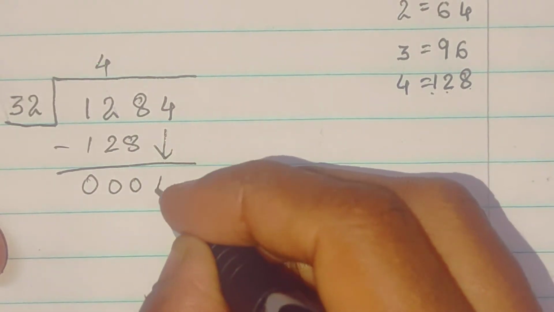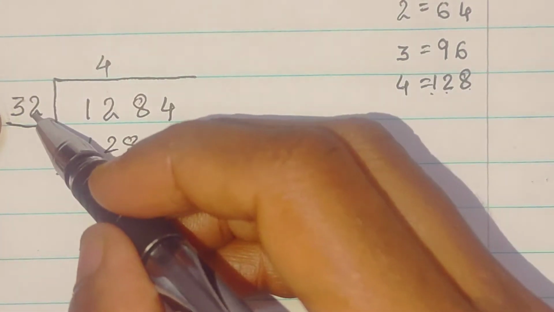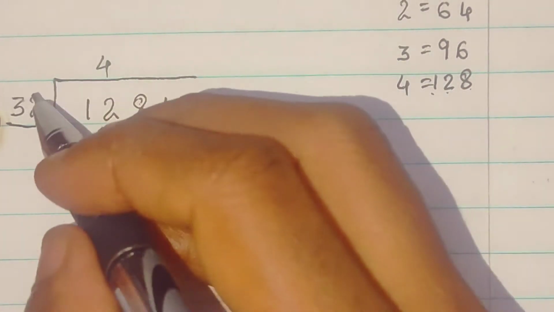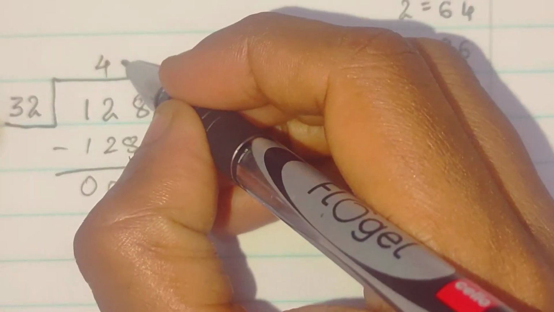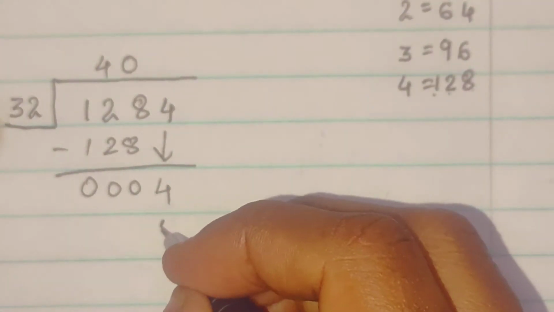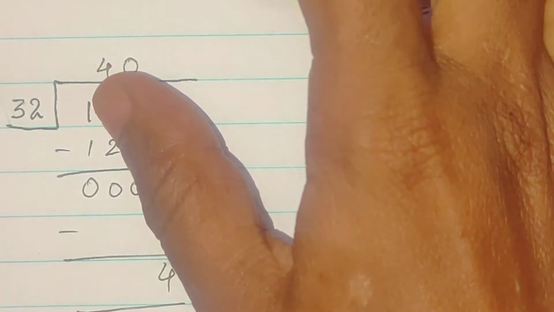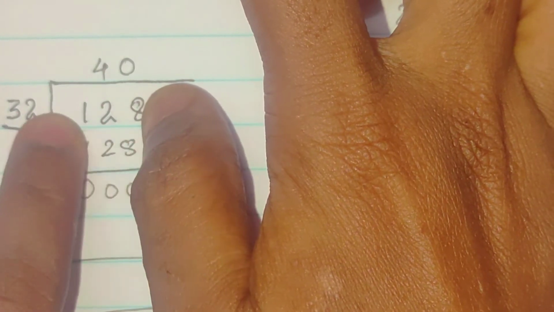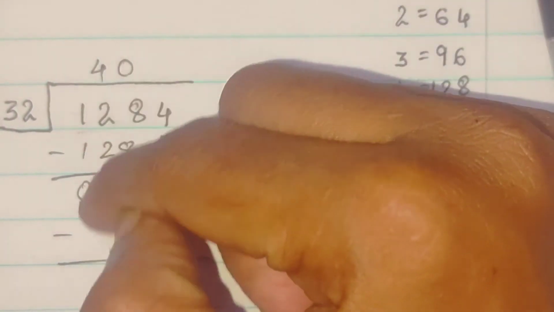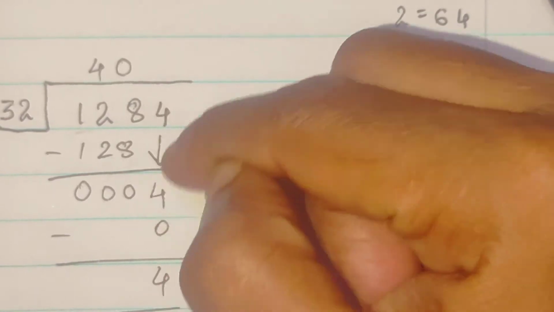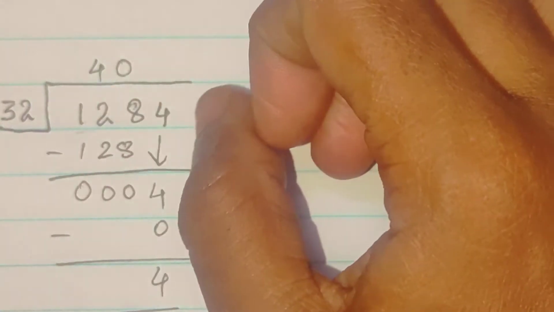this 4 we will carry down. So now in table of 32, 4 is not possible. So what we will do? 32 zeros are 0, minus 4. See, जब हम division लेते हैं ना, तो starting में we can take any digit, 1 digit, 2 digit, 3 digit. Once your division starts, then you have to take 1 digit. एक बार division start हो जाता है तो 1 digit लेते हैं.